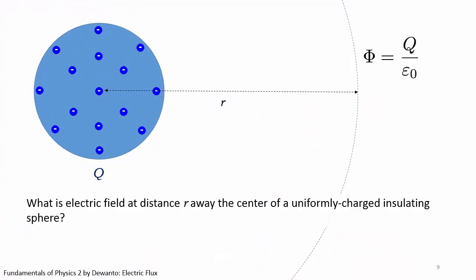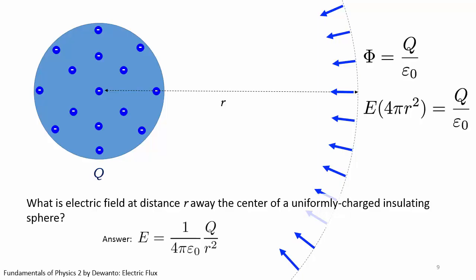Spherical geometry exhibits symmetry in latitudinal and longitudinal rotation, as I said in the last video. This implies that the field on the Gaussian surface does not vary along latitudinal and longitudinal dimension either. It will still vary along radial dimension as it is inversely proportional to the square of the radial distance from the source. However, given a certain radius, these radial field lines will be perpendicular to the Gaussian surface and carry the same magnitude. The rest of the calculation follows exactly that of a point charge we just discussed a few minutes ago.